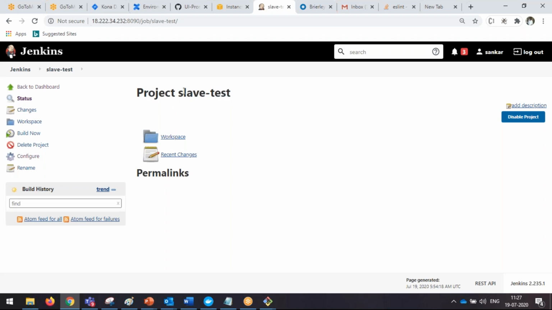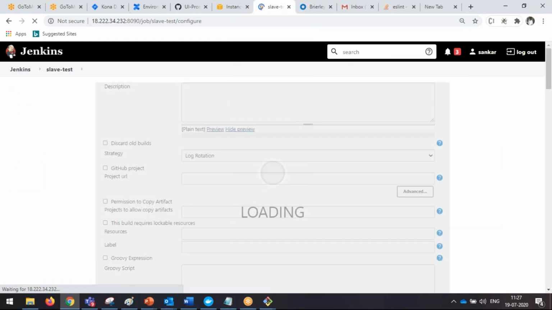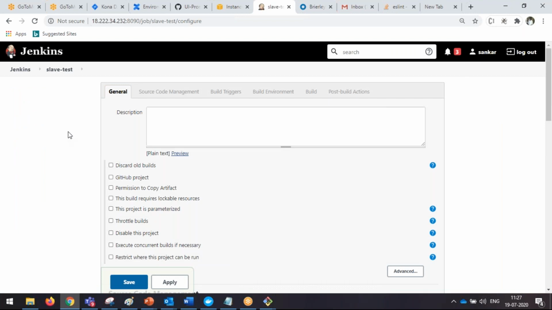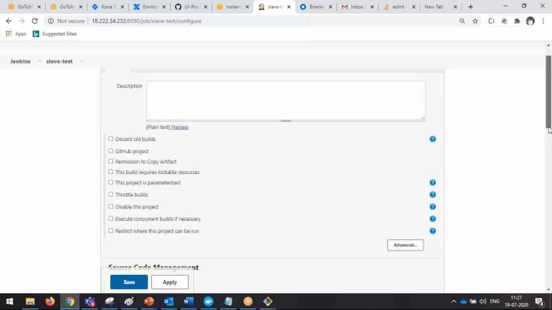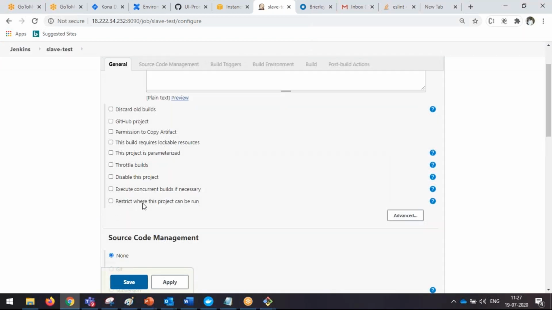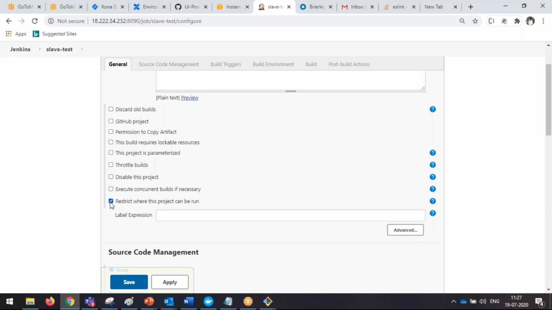So now here, I don't want to run this job on the master. I want to run this job on the slave, right? So for that, go to the configuration again. In the general section only, we are going to find a property called restrict where this project can be run. Right, this is the property you are going to see when the slave is added to the master. So select this property, label, right? So label expression, right? Whatever the label name we have provided here,